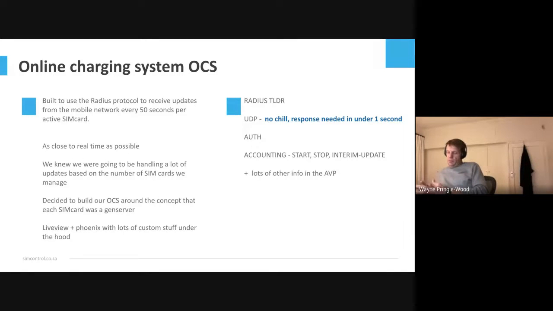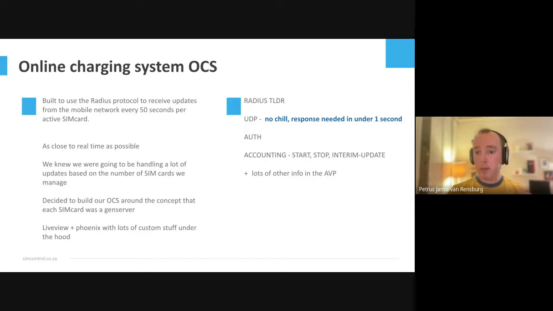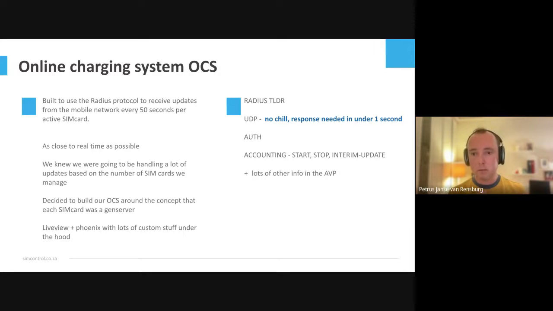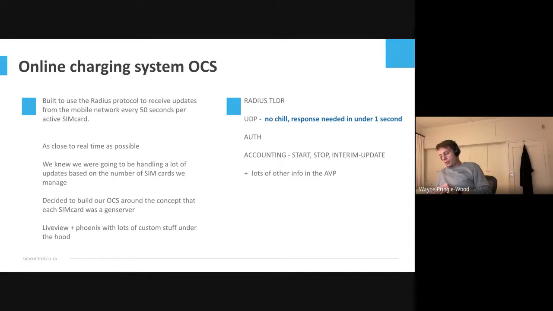And one of the design, just to interrupt you here, basically it's a system that pings you with an update every 50 seconds, but you don't necessarily have control over when that update's coming in. Exactly. So they could all come at once. Exactly. So I'll show you some charts just now, and it just depends on what type of SIM card is connected to what radio network, and what the radio network is doing at that time. Like, if MTN have an outage in KZN and all the SIM cards come back online at the same time, suddenly you'll get 25,000 SIMs doing 25,000 requests a second towards you. Okay.